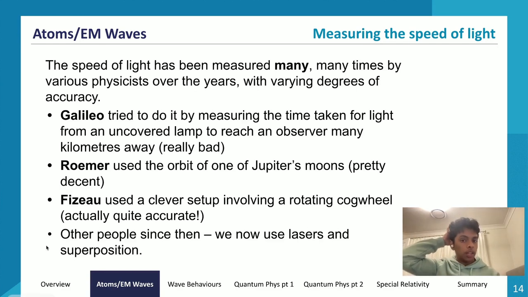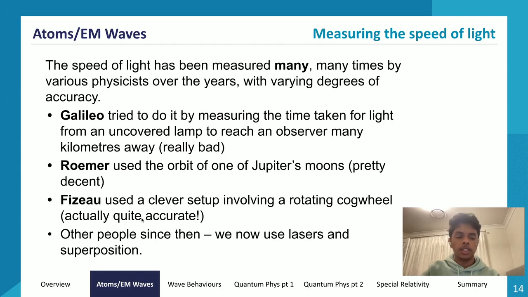The first one that we'll learn about for the historical methods is Galileo. He was kind of crude in his way of measuring the speed of light. Him and his buddy, so I'll say Galileo is G and his buddy is B. Galileo went up to one mountain, and B went up to another mountain of approximately the same altitude, around 1 to 10 kilometers away. Obviously, they can't be too far away, otherwise Galileo can't see his buddy B. I think they were around 1 kilometer away. That would make more sense.